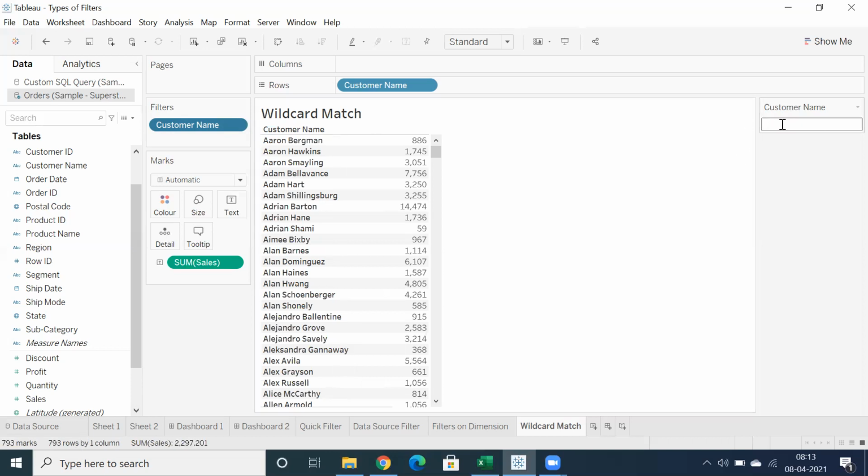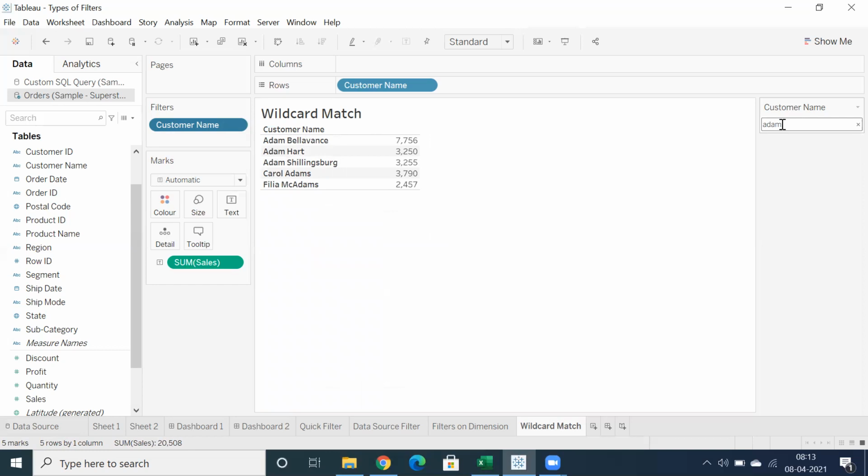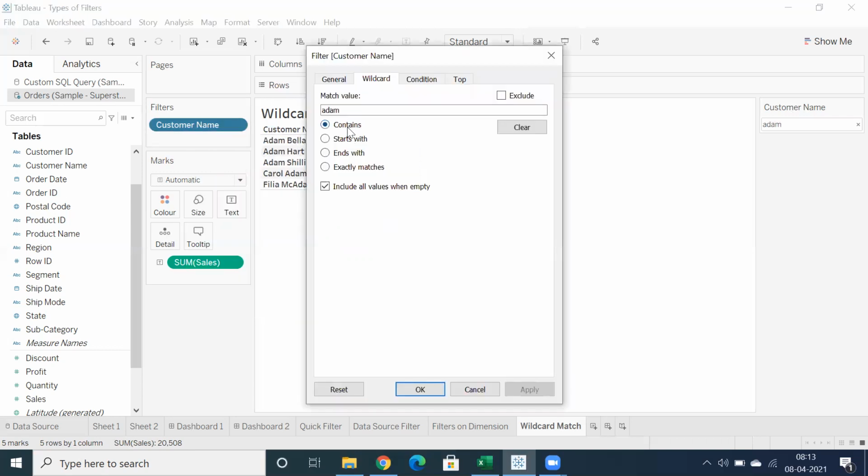Similarly, just as an example, you can type in Adam, click enter, that's it. You don't want to search, and you don't want to select all those customers in the checkboxes. You can simply type in Adam, click enter. So I'm able to fetch some part of the data, whether it is correct or not, we'll verify. I'm getting Adam here, the first name, and in the fourth record we have Adams and we do have McAdams. If you feel, okay, this is your requirement, then that's fine. That's what contains does. It will check whether it contains or not.